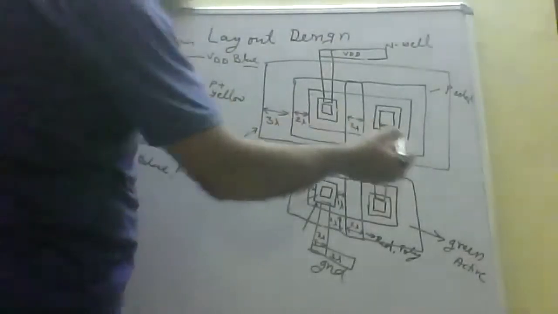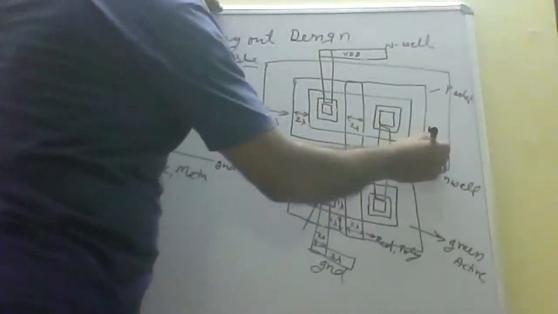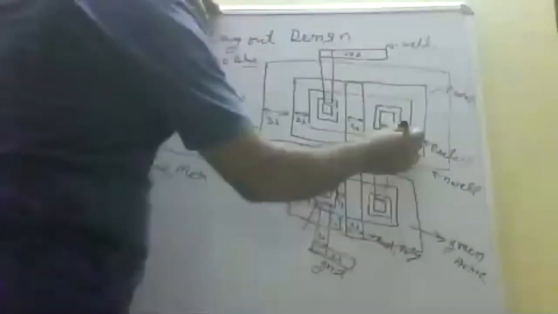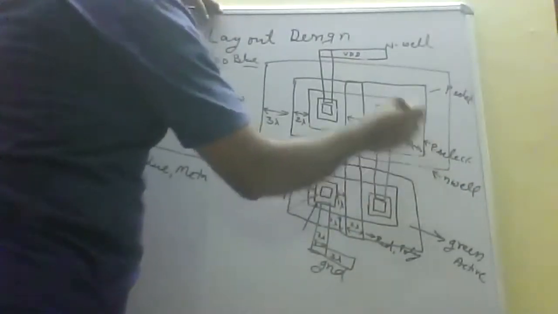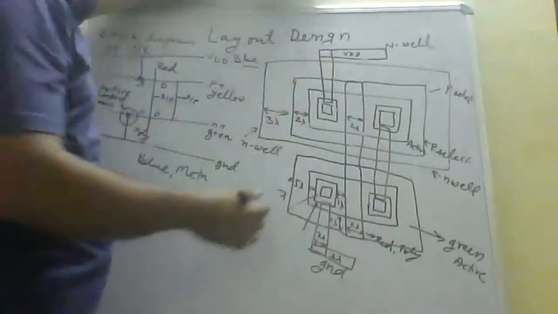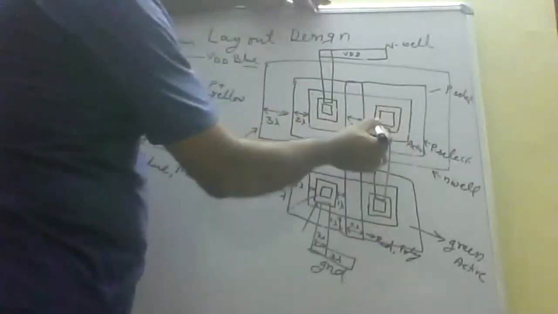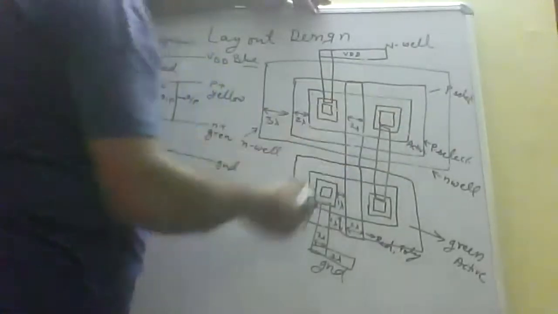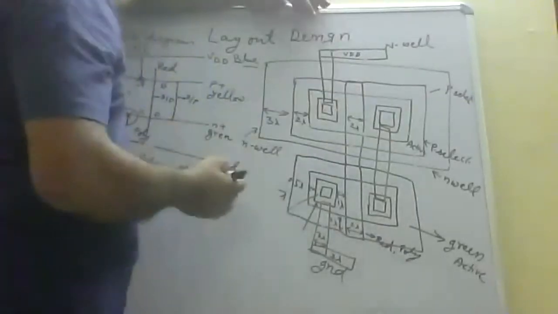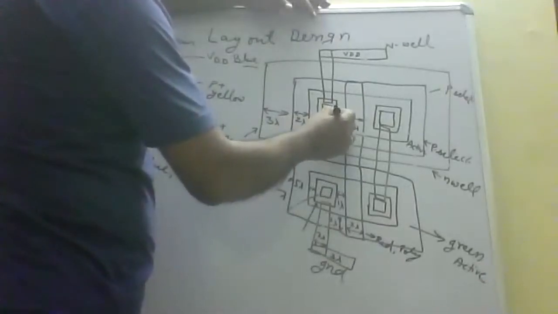So summarizing this again, this is the N well, this is the P select, this is the active for PMOS. Active is common for PMOS and NMOS, both are green color. Inside of active, with a distance of 0.5, there will be a metal, and inside of that metal there will be an active contact of 2 lambda by 2 lambda. Metal is 4 lambda by 4 lambda, right? Now this distance is 1 lambda.